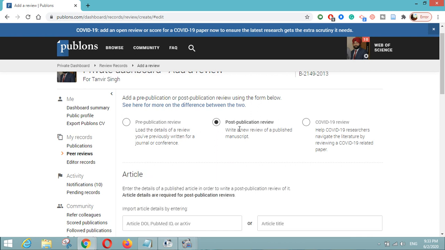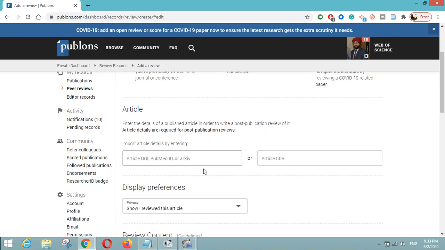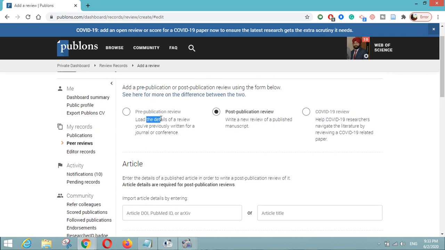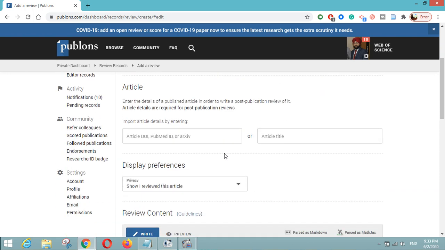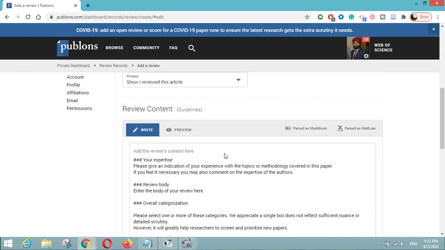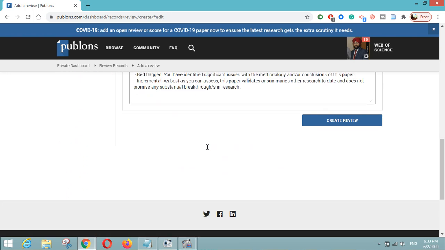The second option is post-publication review, which means you're writing a new review of a published manuscript. Publons will help you gather all your reviews, whether pre-publication or post-publication, and you can see your review content.